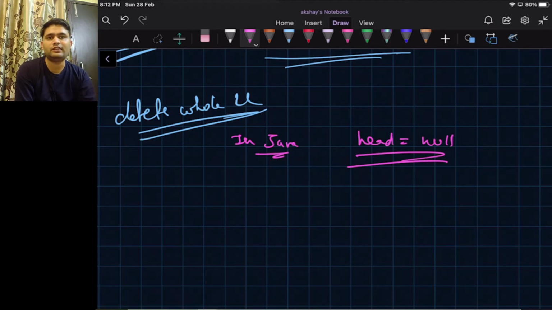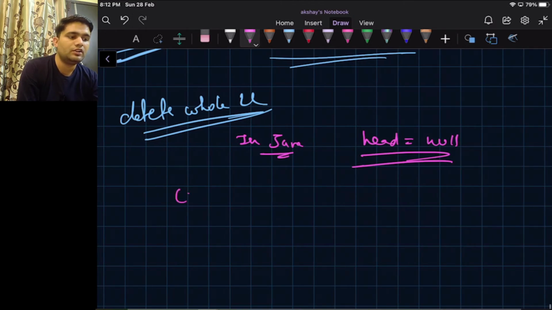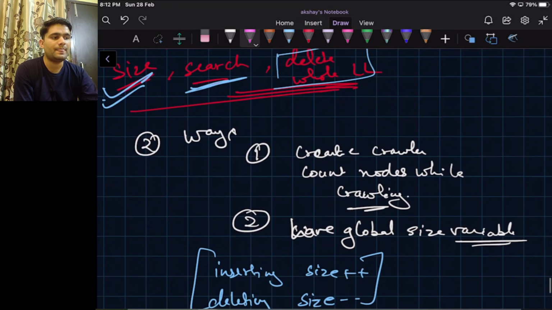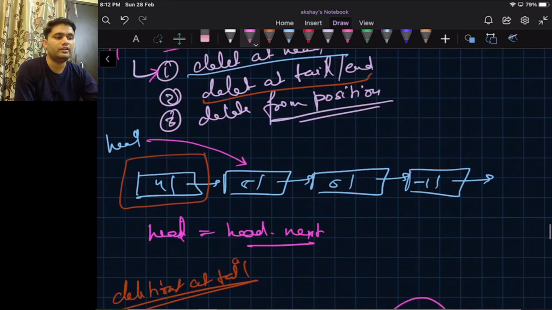The memory cleanup will happen through GC, but in other languages there might be a need of clearing every data in the linked list. In that case, we will simply crawl to every node and start clearing every node. Okay, so this is how all the ADTs work internally in a linked list.